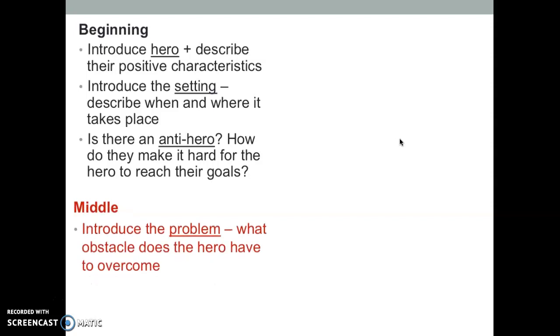How about the middle? What are you going to do in the middle? You're going to introduce the problem, which means what obstacle does the hero have to overcome in this story? What's going on? What's the issue here that is standing in the way of the hero reaching some sort of goal? And then I need you to describe how the hero responds to that problem. So do they come up with a plan? Do they struggle to come up with a plan? What do they do in